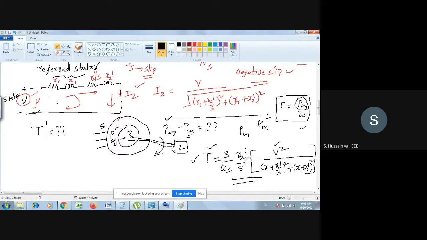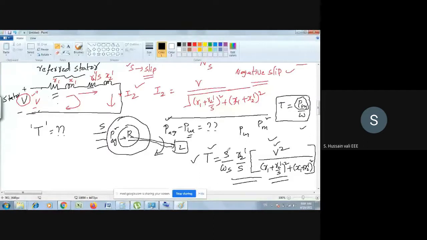We will see further here. I hope you will remember this equation when we come to the next class. I want you to go through how this torque comes. The logic I told you is that torque is the ratio of the power to the angular speed. So how do you get the power? Some current is there, some copper loss is there. From the power you subtract the copper loss. Then whatever power you get, divided by omega, gives this equation. Nothing else is there.